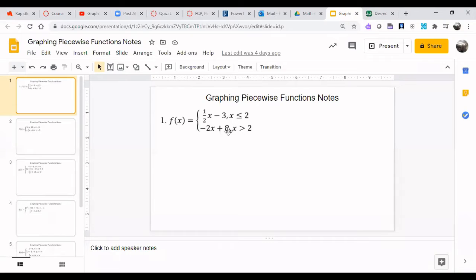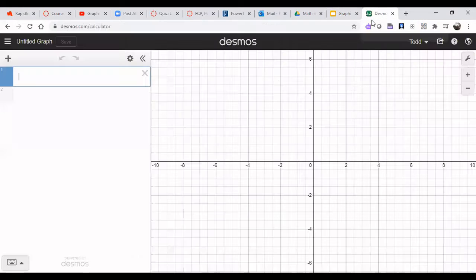That comma is important to let you know when the function ends, and then the rest is just telling you the domain values. And you guys know from domain that that's your possible x values. So when your x's are less than or equal to 2, you're going to be at this function. When it's greater than 2, you're going to be over at that function. So over in Desmos,